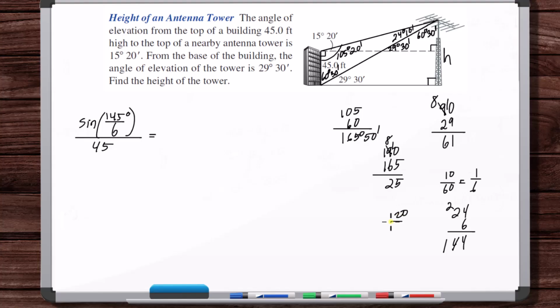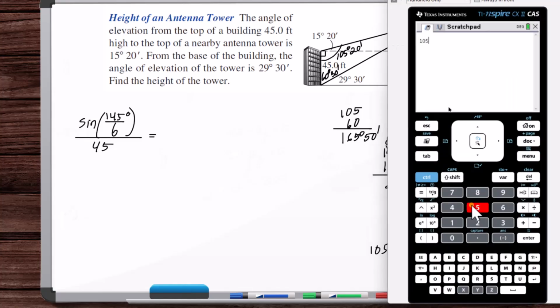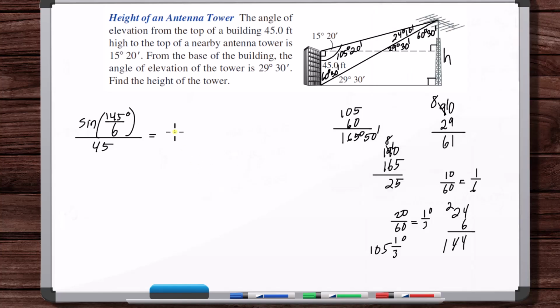So 20 minutes is 1/3 of a degree. So 105 and 1/3 of a degree is what? 105 times 3 plus 1 is 316. So 316 divided by 3. Sine of 316 divided by 3 degrees over x, where we don't know x. So x is going to be equal to